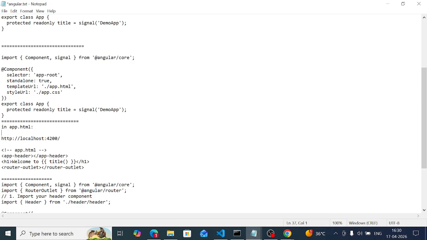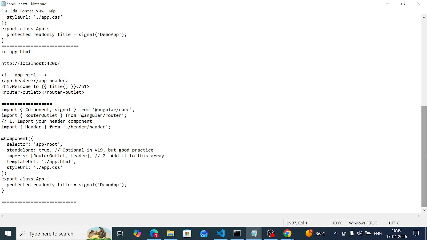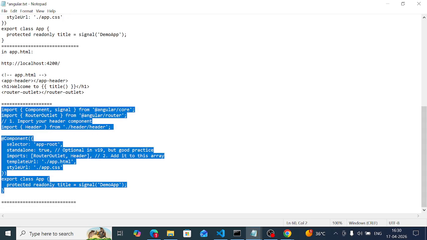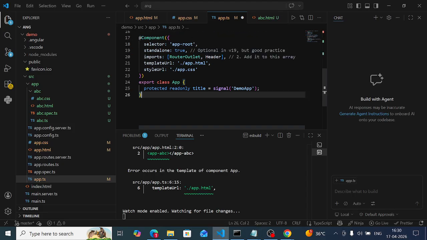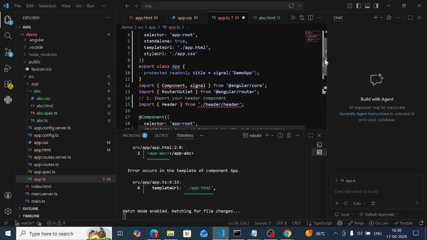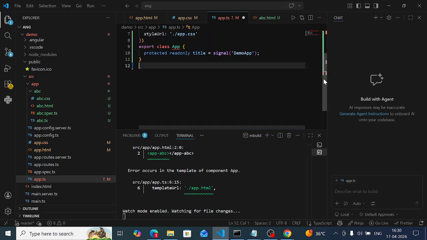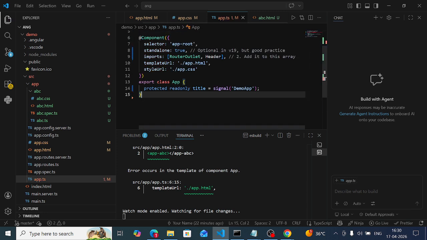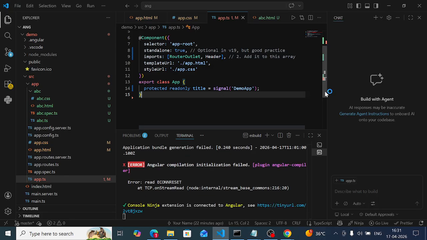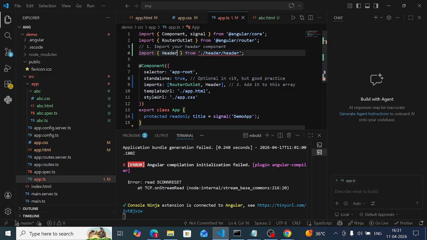Did anybody get it? Hmm? I will tell you. You are using the app component and the ABC component, but you are not doing any imports here. You are not importing anything here. See, instead of header, you need to write